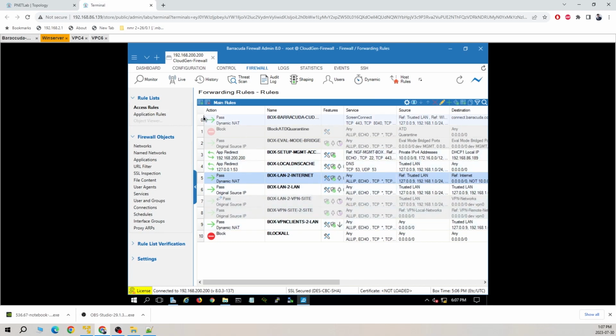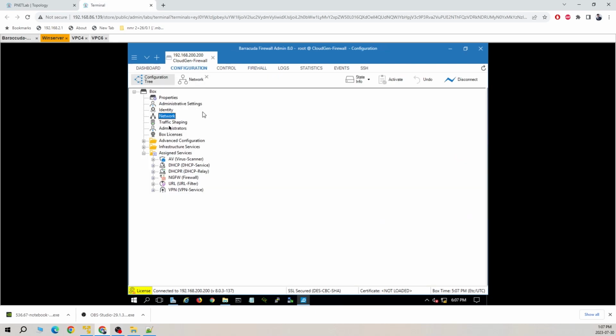So I want to delete all these rules, and I will configure all the rules according to whatever requirement I have. So select all these rules and click on this X button, the delete one. We cannot make the changes here. The reason: all the changes will go through the configuration tab only. These tabs are only for monitoring purposes. So click on this configuration tree,